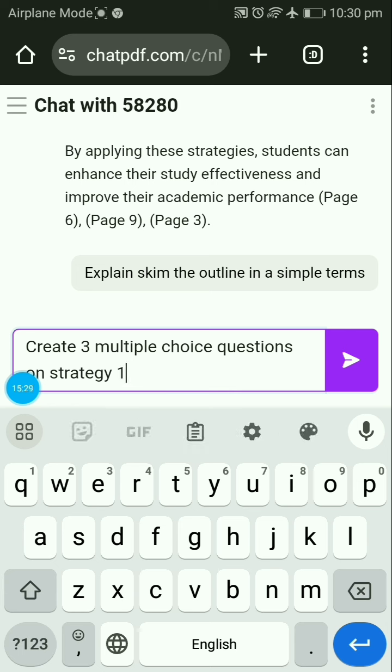Yes, this is important, it will help me to see whether I understand that strategy very well. So it will provide me with multiple choice questions that I can use to test my understanding of that particular strategy. You can apply this procedure to any kind of lecture,